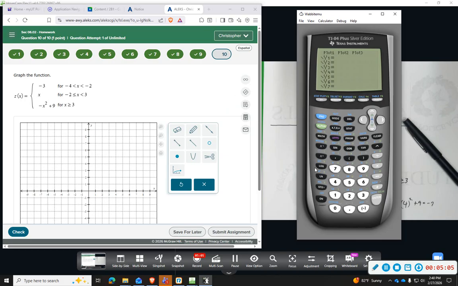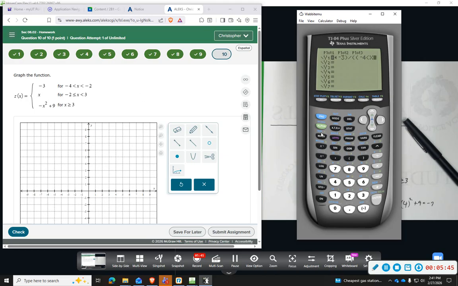So the first part, we're going to do parentheses -3, and we're going to do divided by, and then we're going to open parentheses. I'm going to double open because I'm going to have two pieces. So double open, I'm going to say -4 is less than x. I'm just kind of keeping it in the same order that it's in. -4 less than x. Nope, that's a 4. -4 less than x. Okay. Once I get that, I'm going to do and, because I have another piece, x is also less than